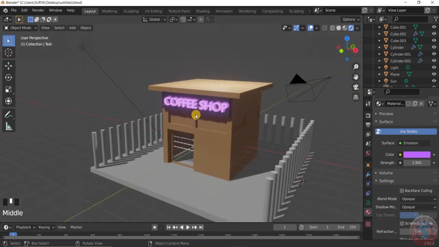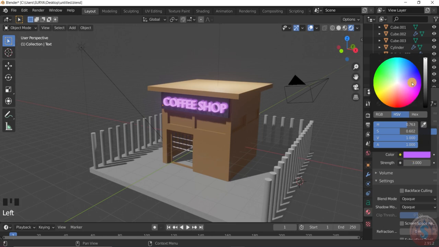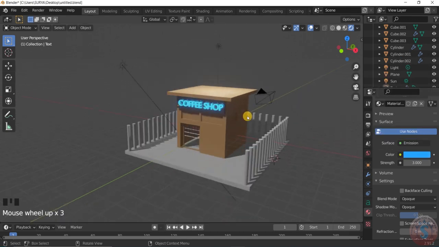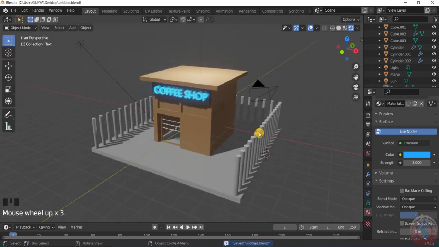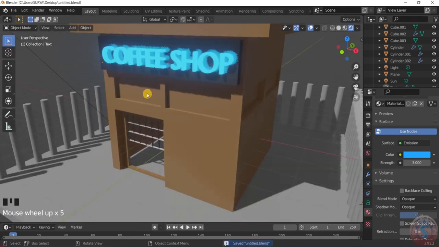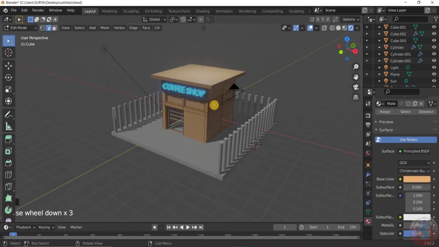You can observe on the coffee shop. I want a 3.0 here. I want to increase the light to some bluish color. Okay, this is fine. Then after, I want to create the windows part by selecting onto the edit mode